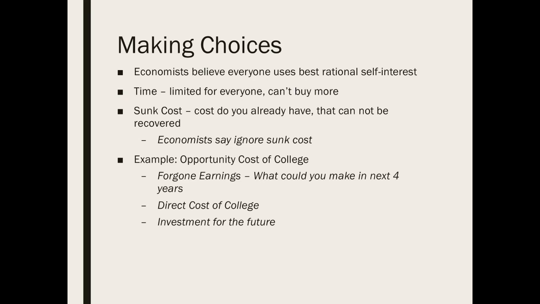Also, it's important to take into consideration if you're looking at two career paths, one might be a 2-year option, one might be a 4-year option, whatever the case may be. During that time you're in school, you're not really earning, and you might have a side job, but you're not really earning your revenue. Okay, so you have to take into consideration the opportunity cost of college includes your foregone earnings, money you did not make while you're in college, the direct cost of college, but then you take into consideration what is the end result down the road.